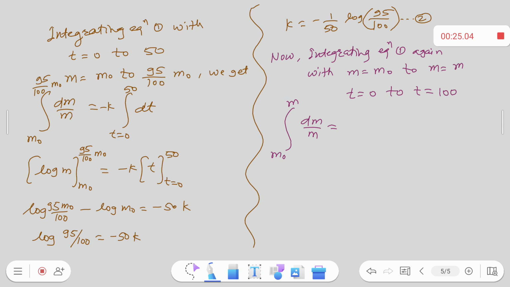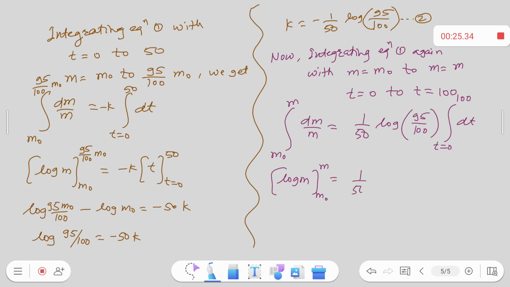So minus k, k is already known. By using first two limits we have k. So minus of minus 1 by 50 log of 95 by 100. Minus minus plus. So it is only 1 by 50 log of 95 by 100 into integral dt t from 0 to 100. So it is log m0 to m is 1 by 50 log of